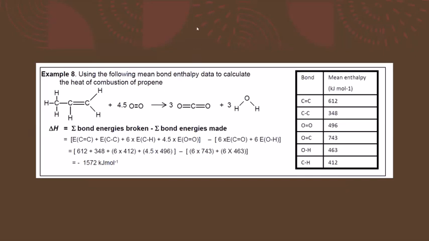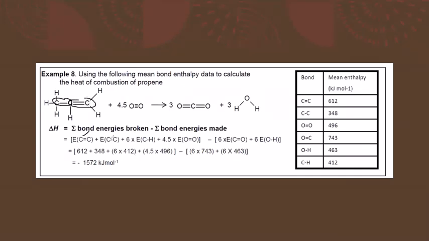So using mean bond enthalpies, how can we work out the energy change? It's bond breaking minus bond forming. As the structure is given, like the structure of propene reacting with oxygen in complete combustion to give carbon dioxide and water, what are the bonds we are breaking? We are breaking a carbon-carbon single bond, that's one only. Then we are breaking a carbon-carbon double bond,